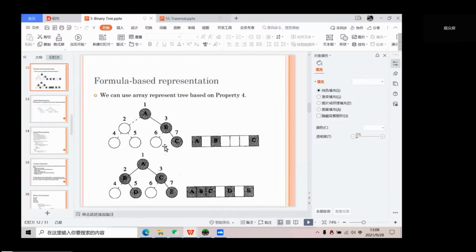The advantage is that it is very easy to understand, and we don't need additional information to store the address information for the next node, the children nodes, or the parent node, right? We just calculate the index, then we can locate the current node, parent node, or the children's nodes, right? But the disadvantage is also very obvious because as you can see from the figures or examples, even if we